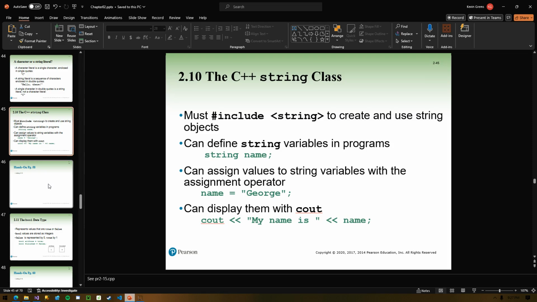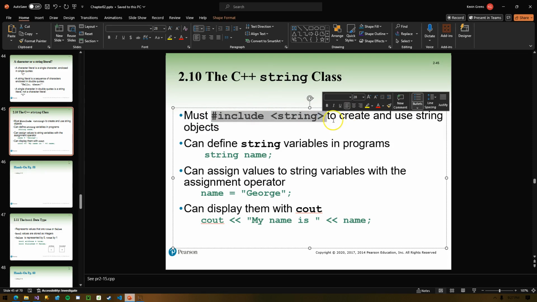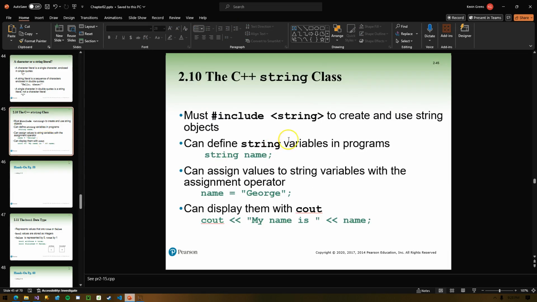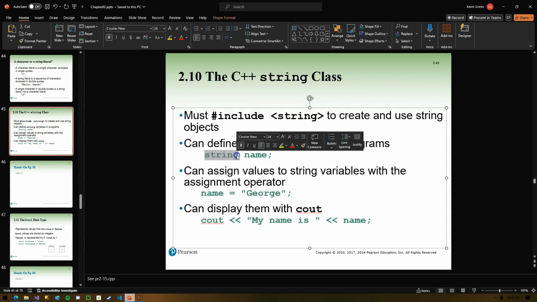Because of what I just said about strings being a more complex data type, we do have to include the string package to create and use string objects. So we've used string literals so far. We've created something like hello there and printed that out to the standard output. But if we want to create string objects like this, a string variable, we have to include the string package.